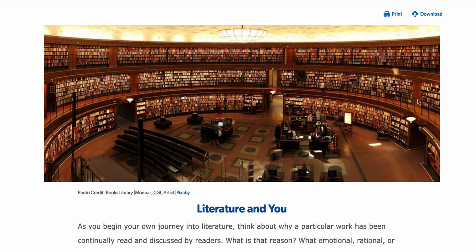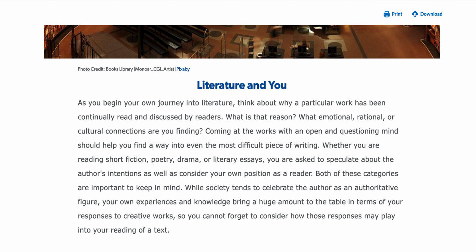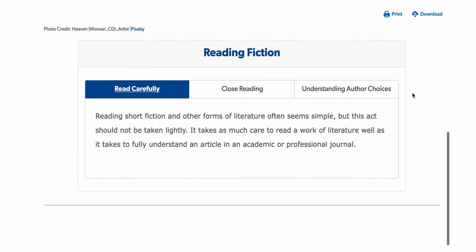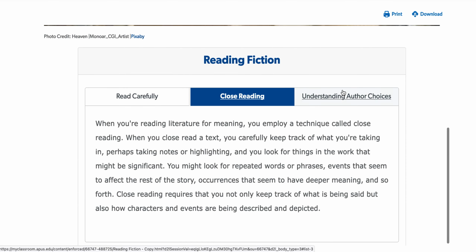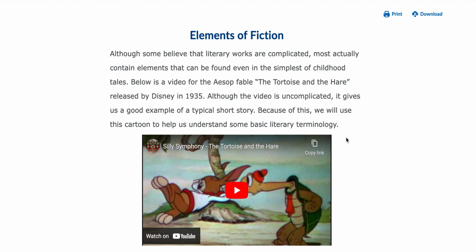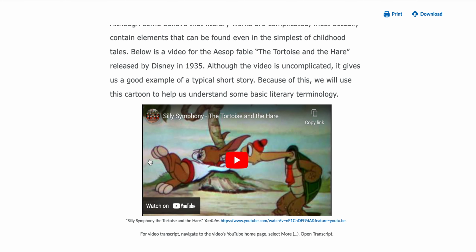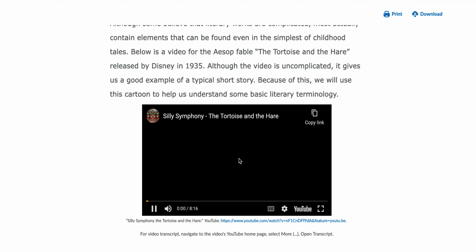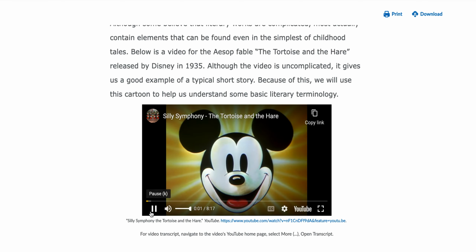All right, so what you're going to do, obviously, is you're going to go through the lesson, but I did want to point out some interesting components. First, there's a lot of areas where you have to click through, and all of that information, you need to click through all of it because all of that information is necessary for you to understand the assignments in this course. I also do want you to watch this little video, and we'll just pull it.